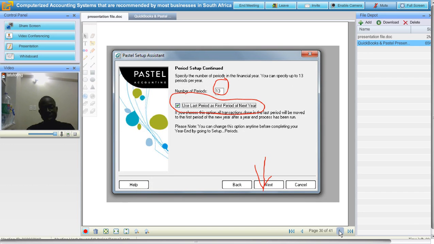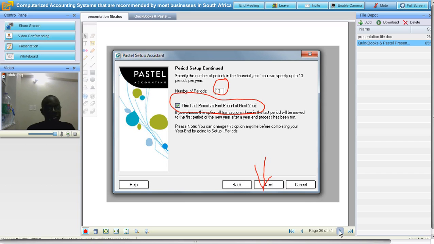Now, usually in one financial year, we actually have 12 periods. But I usually recommend people to actually make use of the 13th period, so that you can actually process in the 13th period as you're waiting to actually do your year end. The 13th period becomes the first period of the next financial year.